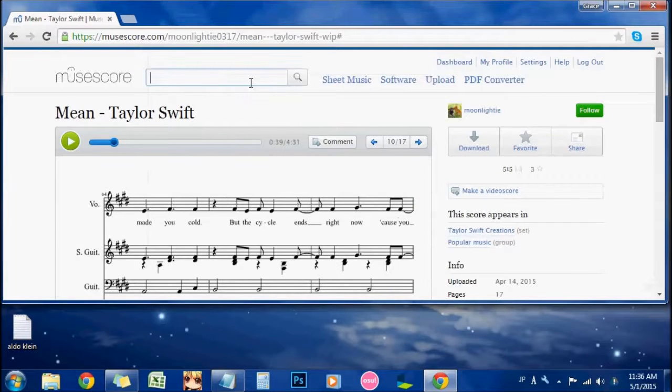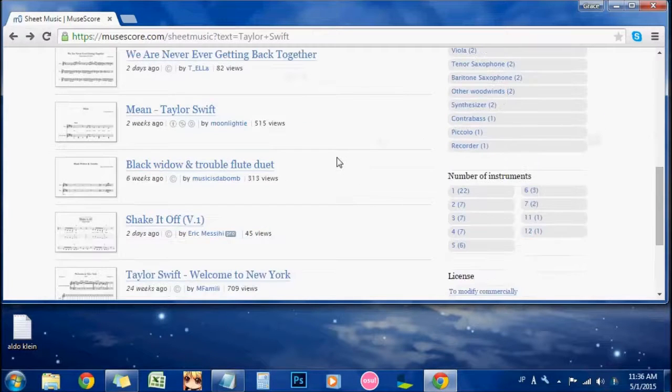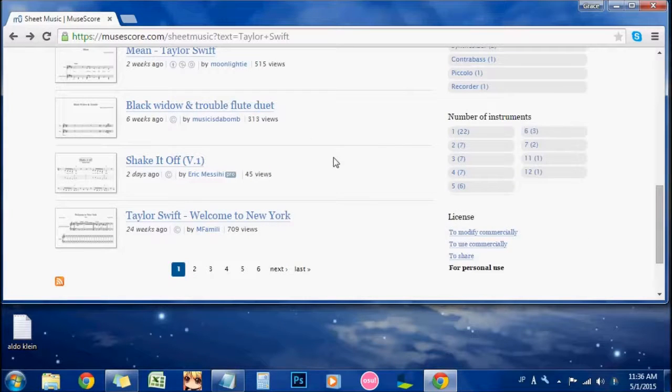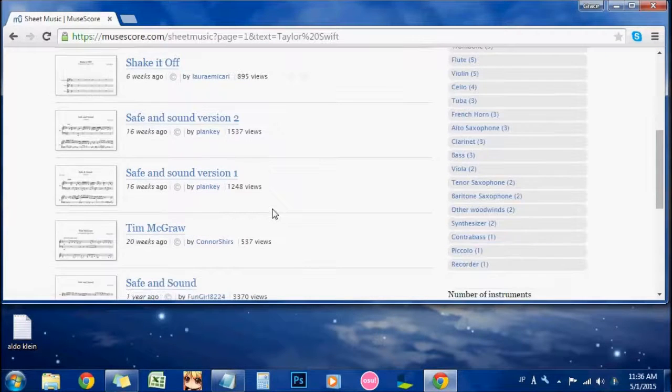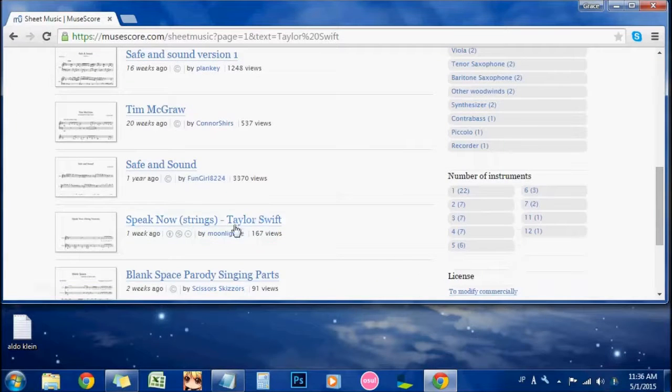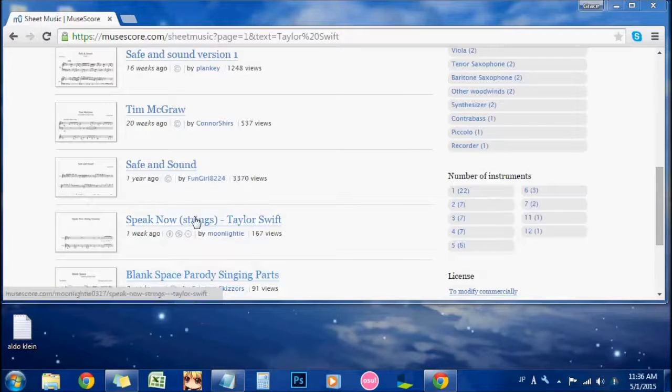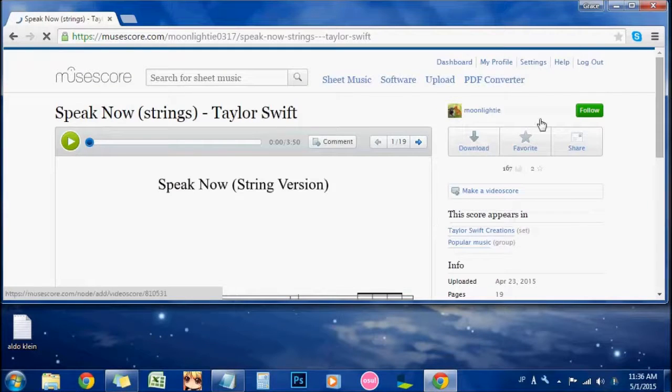Okay, what else did I want to do? I got like 1 more hour so we can sign on Mabi. I just put like a whole bunch of Taylor Swift songs down. Welcome to New York. I don't know. Oh, Speak Now. I like that song. Did I do that song? I don't think so. My files are really